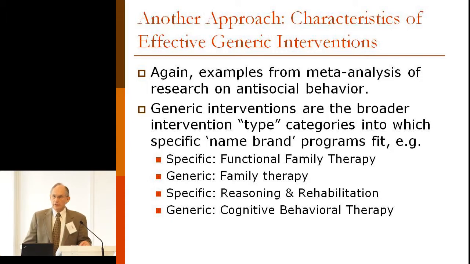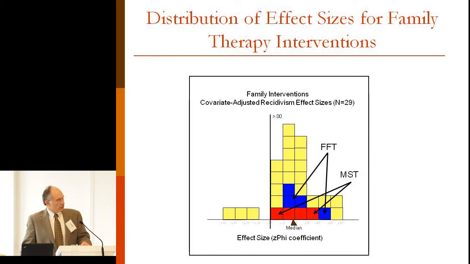Reasoning and rehabilitation is an evidence-based cognitive behavioral program. The broader category is cognitive behavioral therapy programs for, say, juvenile offenders. Here's an example of the research base we've pulled together just in the family therapy or family intervention area. This is a little histogram for 29 studies that are available in our meta-analysis of family therapy interventions with recidivism outcomes for juvenile delinquents. The name brand so-called evidence-based programs here, functional family therapy and MST, are only 8 of